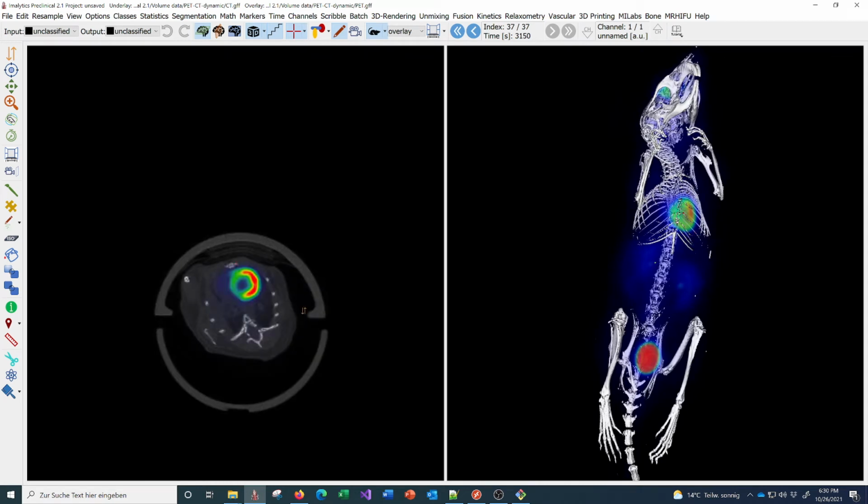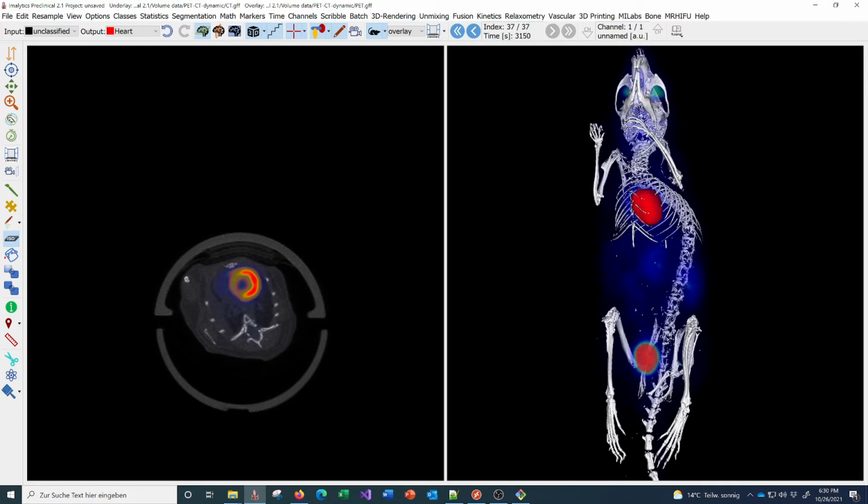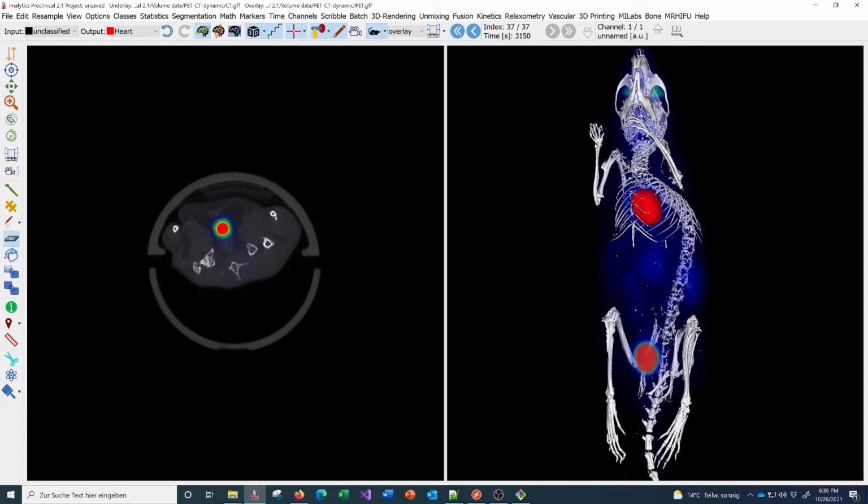And then you can segment a region. Here I'll just give an example. With the ISO tool, you can just click here at the heart, and now we have the heart segmented. Or let's go to the bladder here.